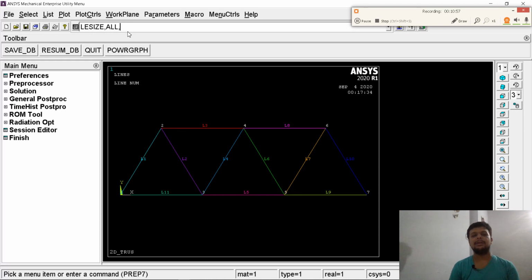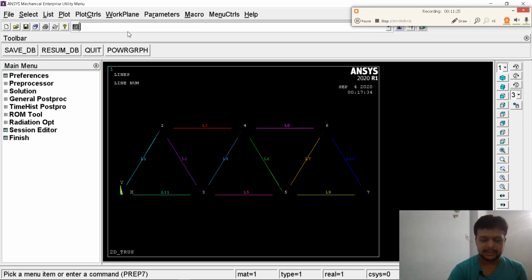After applying this command we can see some changes in our static structure module. Here SIZE, ALL, we will leave space by using 2 commas, because it will be considered as 0. Now 1 comma 1 comma 1 XY. So it will mesh all the lines. See, all the lines have been selected.